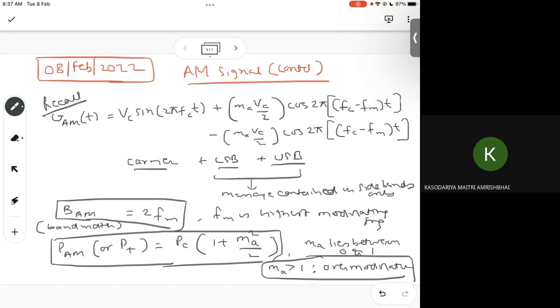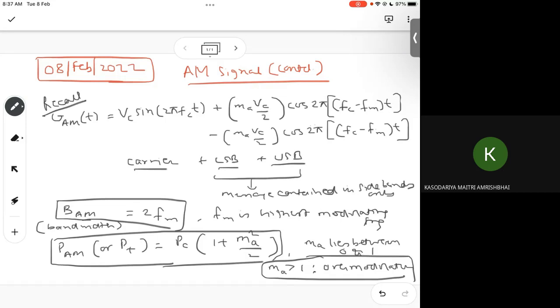So in the last lecture, what we have discussed is that an AM modulated wave consists of a carrier, a lower side frequency or lower sideband, and an upper side frequency or upper sideband. Because my message signal is FM, the message is contained in the sidebands only. There is no message contained in the carrier, but a lot of power is wasted in the carrier. When we talked about the power transmission in AM, 2/3 of the power is wasted in the carrier,